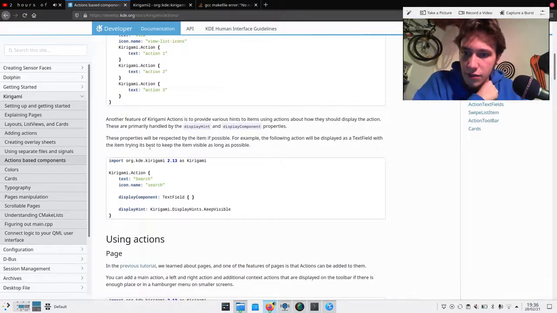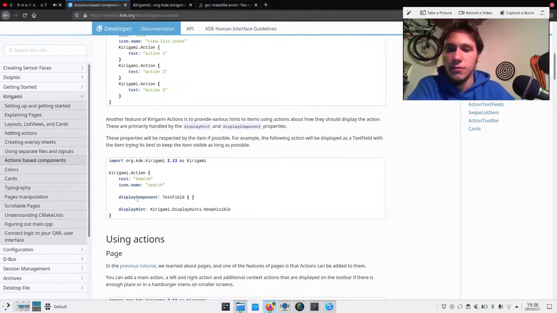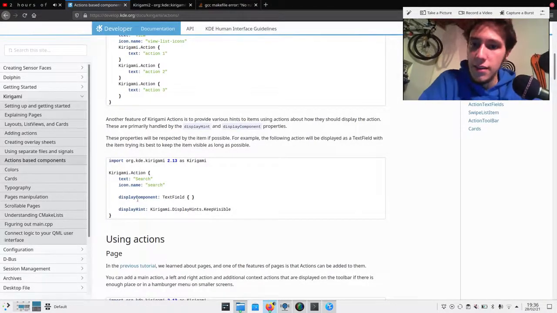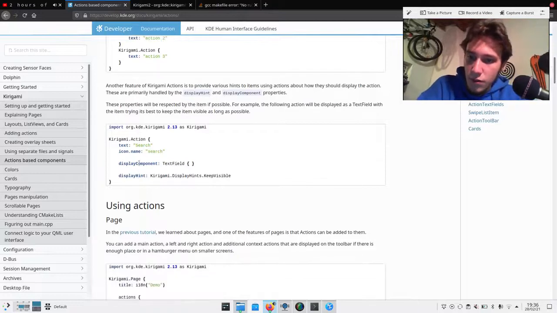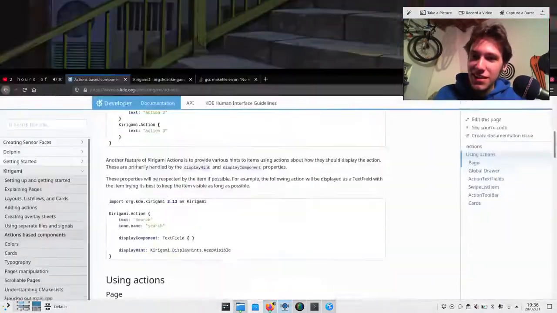Okay, nested actions, and then display component and display int for the actions. So let's try. Oh no. Oh no. Okay, so